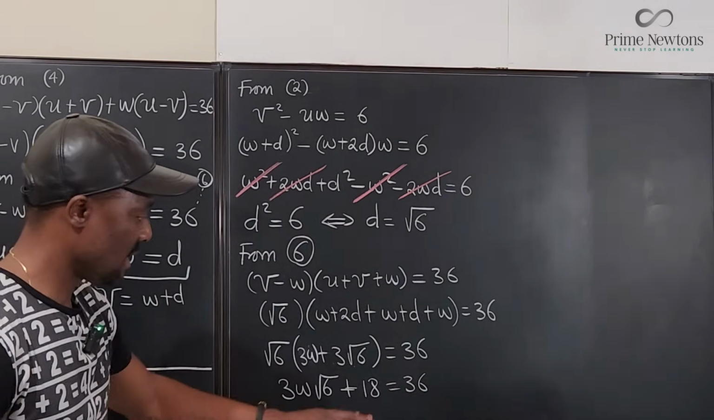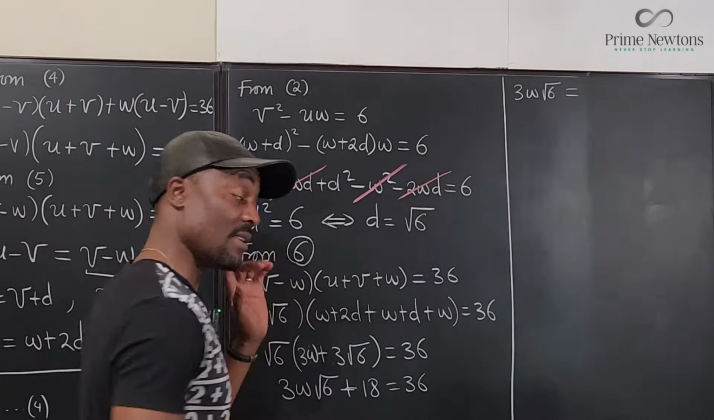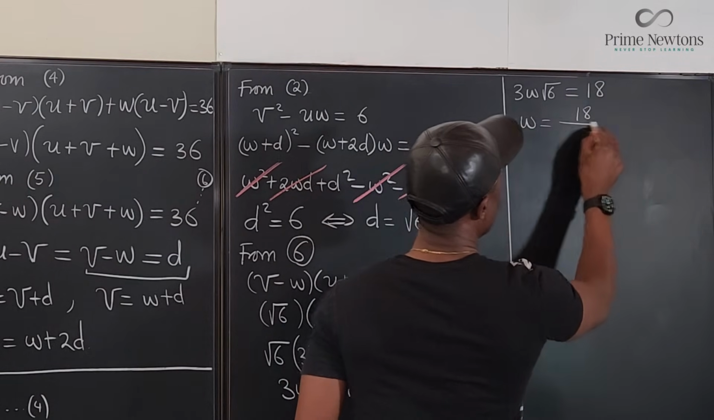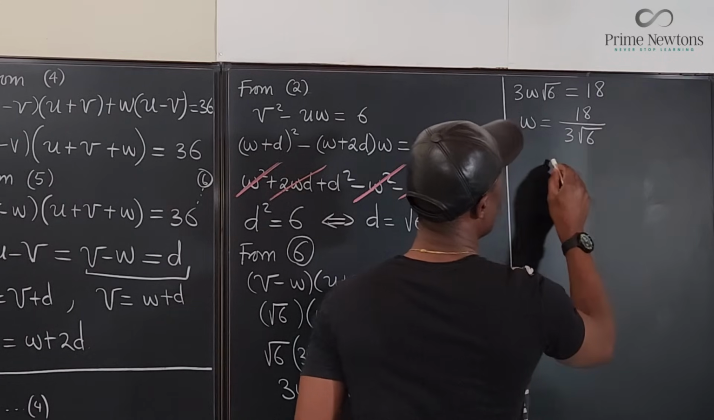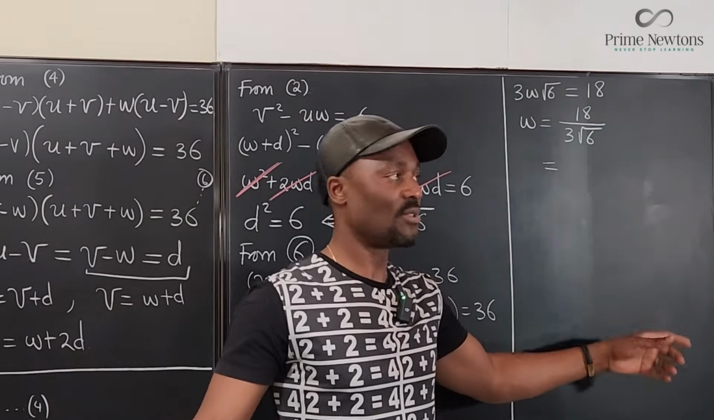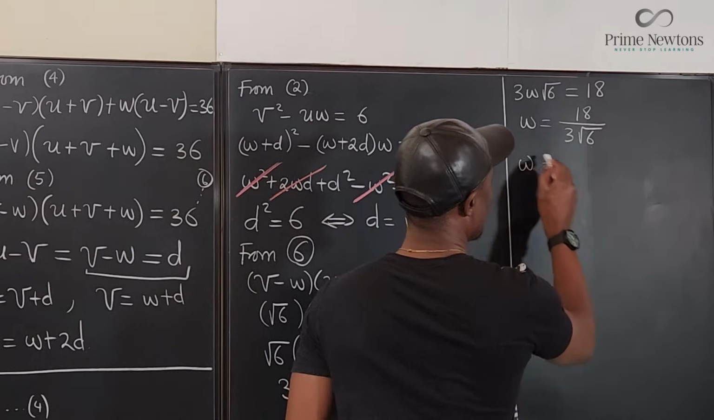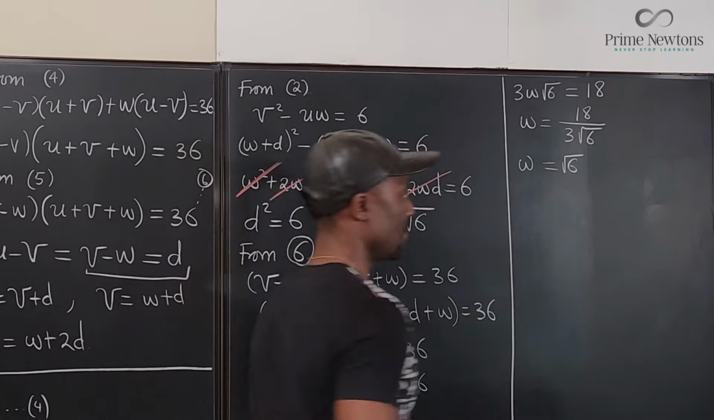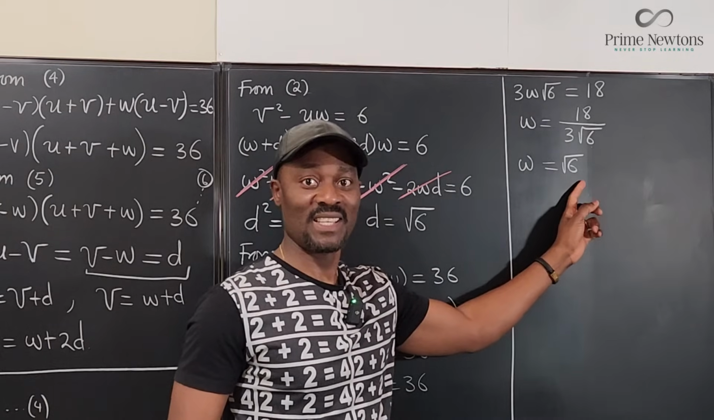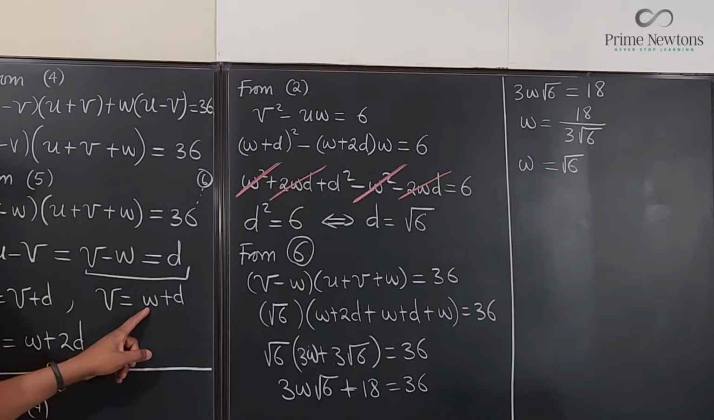Now I can subtract 18 from both sides. 3w rad 6 equals 18. So w is 18 over 3 times the square root of 6. Well, 3 divides 18 how many times? 6 times. So it's going to be 6 over rad 6, which is rad 6. So w equals the square root of 6. We have solved the problem,